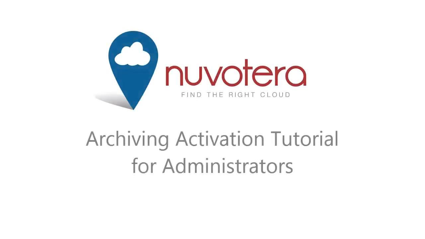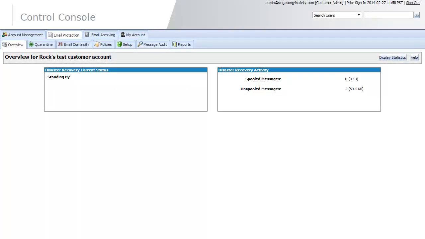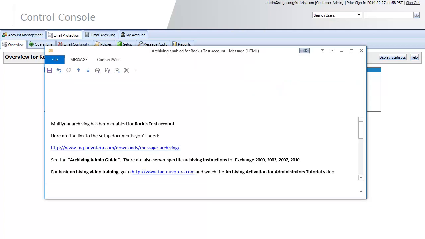This is the Message Archiving Activation tutorial for administrators. We'll review the basic steps needed when activating message archiving. Once you've confirmed that the message archiving service has been provisioned, there are some initial steps that need to be done